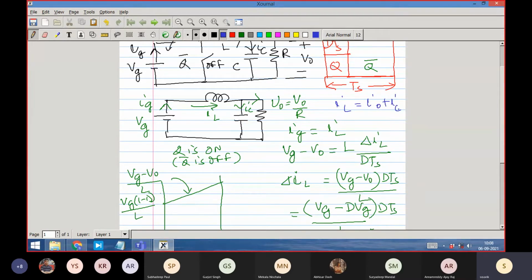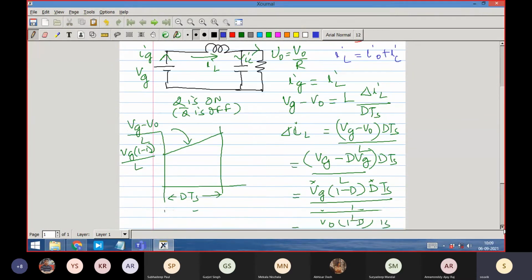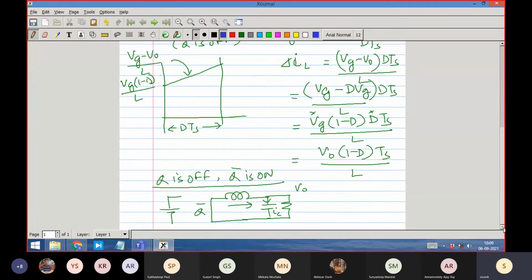Kirchhoff's law. I'm not writing anything new from Kirchhoff's law. I'm just defining every node equation and finding out the ripple quantities. The objective of this is steady state analysis, but under steady state, this being a periodic kind of Q and Q bar inputs, the response of every state variable, inductor current and capacitor voltage, will also be periodic in nature. That is what the linear circuit theory says. If you give a periodic input, you will get a periodic output, same period.